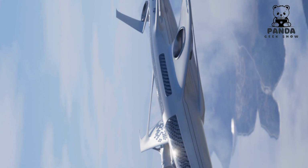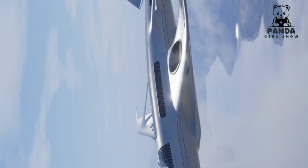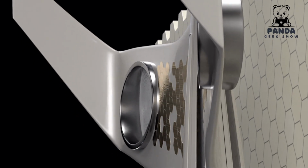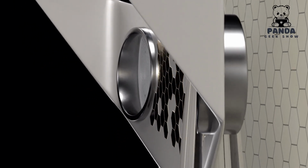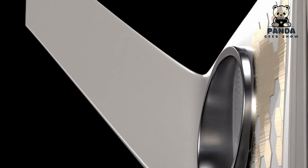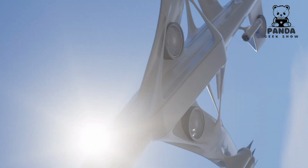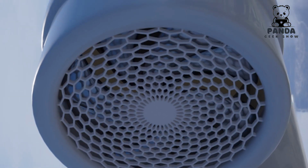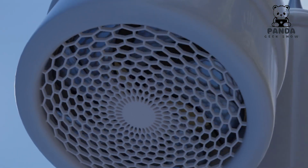Every curve and surface of these aircraft would be meticulously engineered to reduce drag and enhance lift, with features such as upturned winglets at the wingtips, improving efficiency by reducing wingtip vortices. The propulsion system is seamlessly integrated into the wing structure, likely utilizing electric motors powered by the onboard solar array